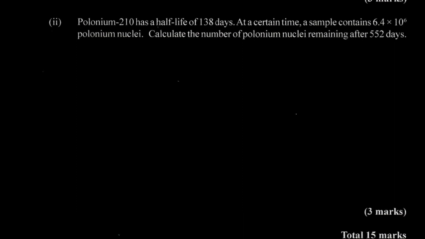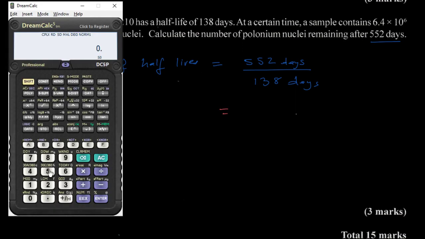So now what we need to do is determine how many half-lives. So we could say that the number of half-lives that will be completed in the 552 days will be equal to the number of days, 552 days, divided by 1 half-life, which is 138 days. So this becomes 552 divided by 138, which gives 4. So we're going to have 4 half-lives